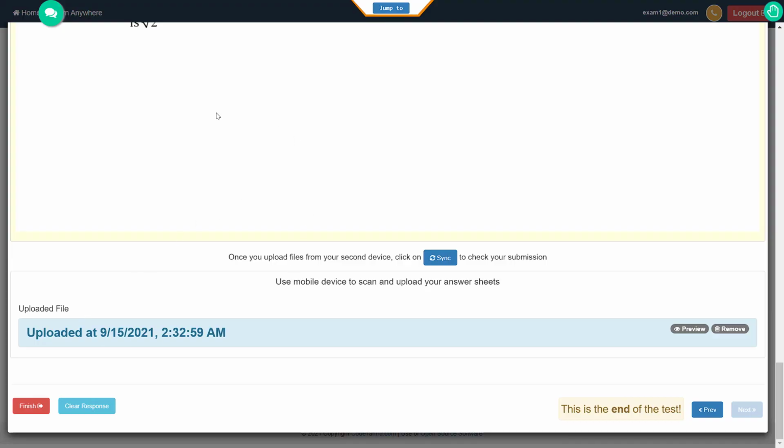In order to submit the exam, I need to click on this finish button, and if this finish button is not in red color and you are not able to click it, most probably you'll have to wait for some time before this button gets active, because this button can be controlled by the person who has set this examination. So you have to be patient until this button gets active, and if this button is active, you'll be able to see this in red color. And now I can click on this button finish to finish the test.